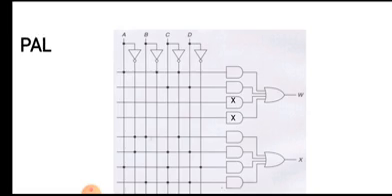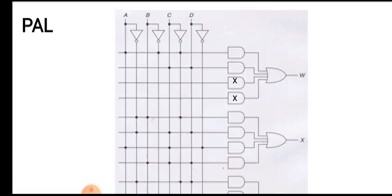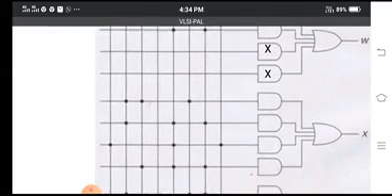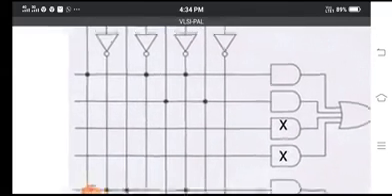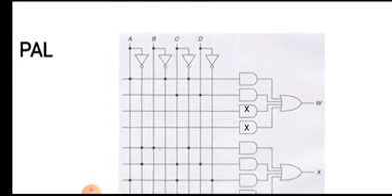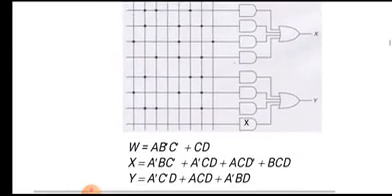With A, B, C and D, one wire is connected directly to A and one is connected to the NOT gate. It will produce A bar, B bar, C bar and D bar. You can see the black dots on the input terminals, which are connected to the AND gate, and then it has to be passed through the OR gate, and ultimately we will get an output in terms of W, X and Y.